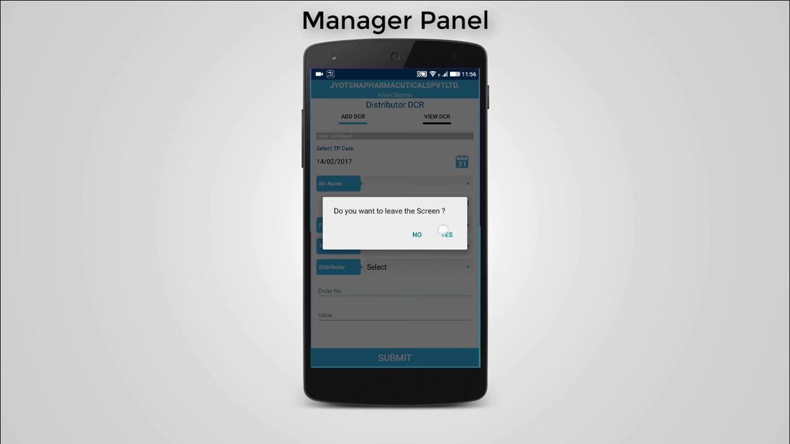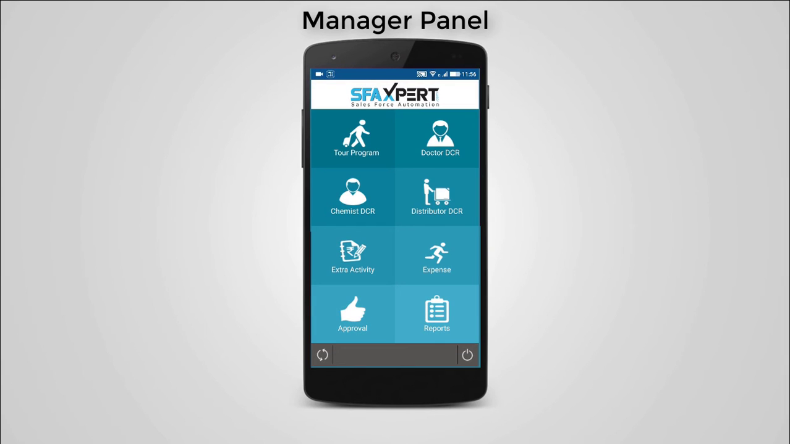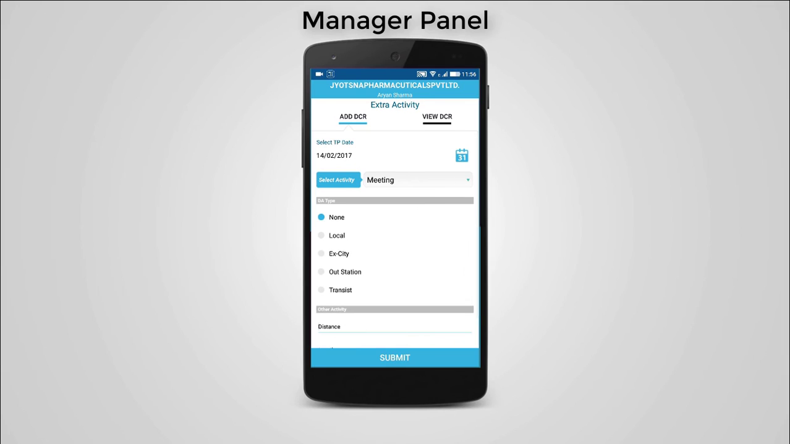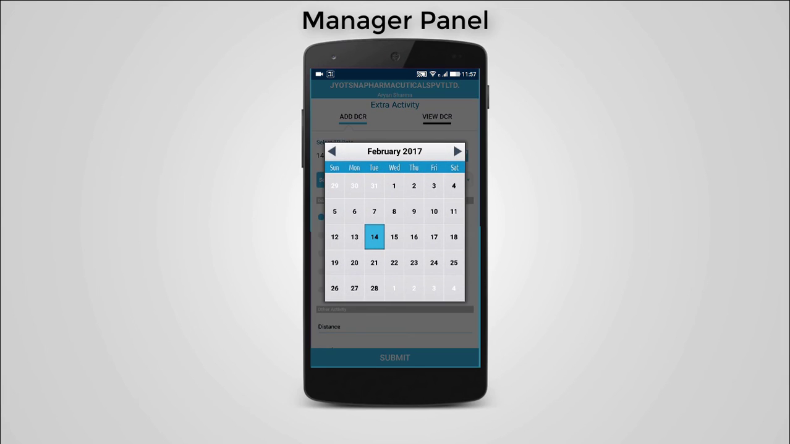value. Next is extra activity. If you do any meeting or do campaign or any activity on behalf of the company that doesn't involve visiting the doctor or chemist, then that activity will be counted in extra activity. So the DCR of extra activity can be filled in extra activity option. So firstly you will select the date,